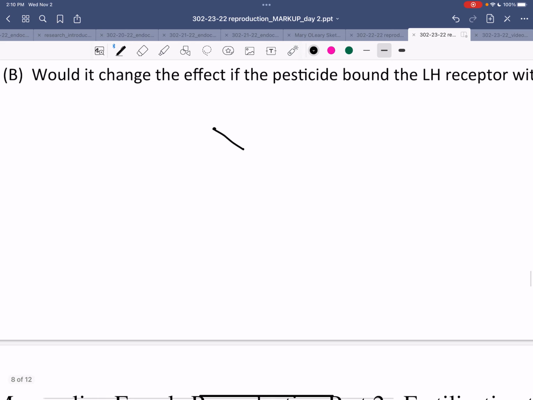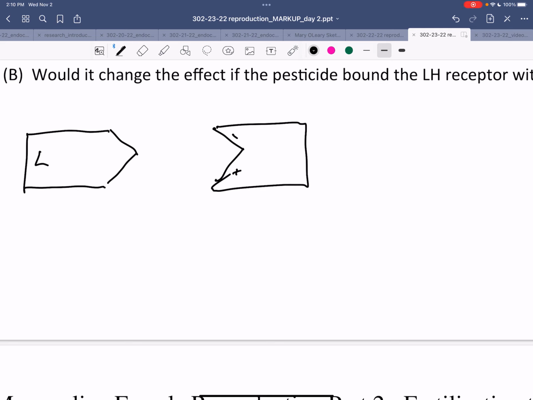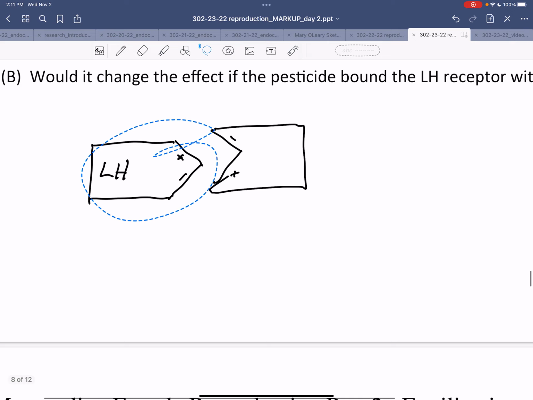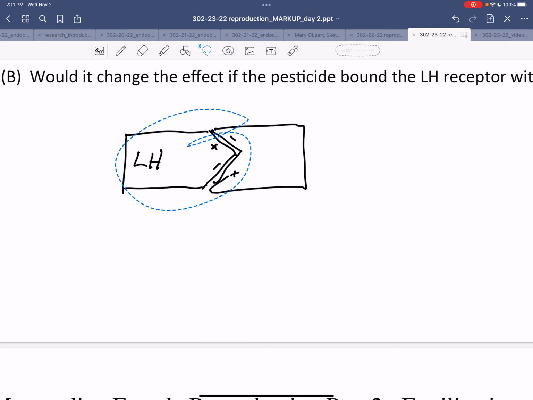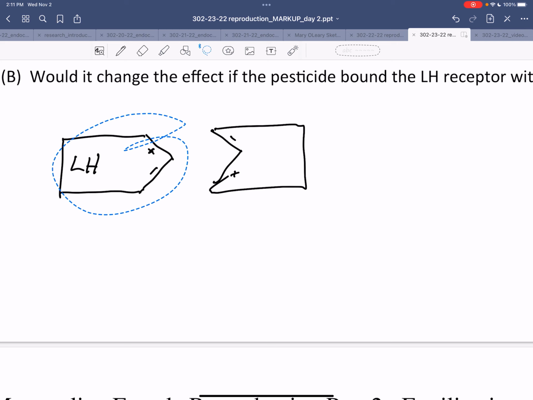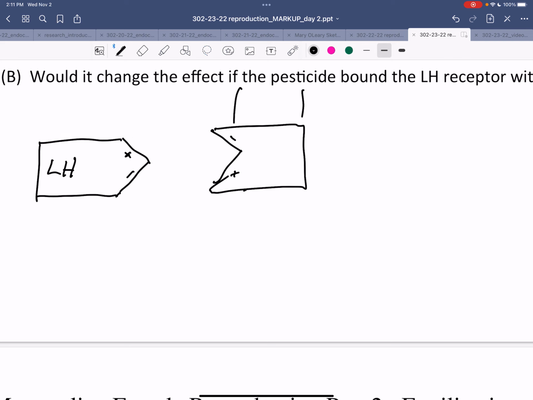So if we have some receptor here, and maybe it has some either full or partial charge distribution, then its normal binding partner, maybe this is luteinizing hormone, LH, would match in shape and charge and would bind, would fit and bind. If it's a hormone receptor protein binding, so if this is in the membrane, maybe it's a G protein coupled receptor,